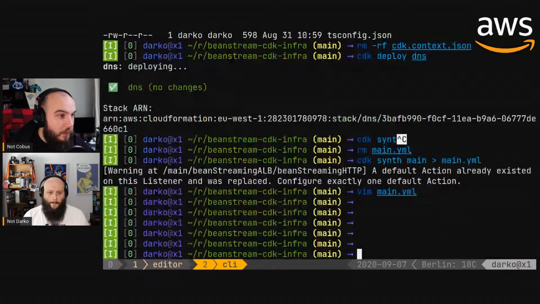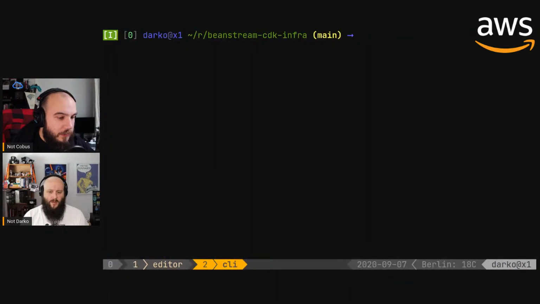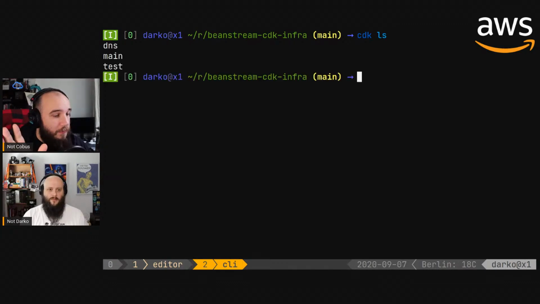Okay. First of all, just quickly, let's have a look at the things we have. So CDK ls, if I do CDK ls right now, it will show me that I have three stacks. There should be three stacks created. It takes a moment or so for some reason. Yes, there's three stacks. There's DNS. It's the stack which we